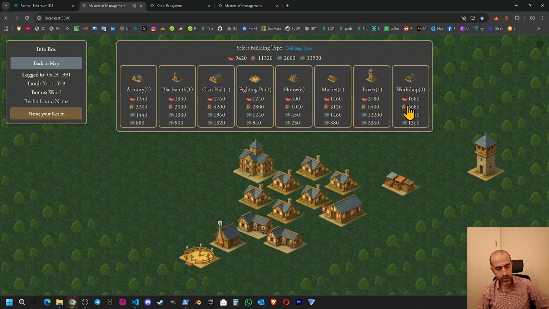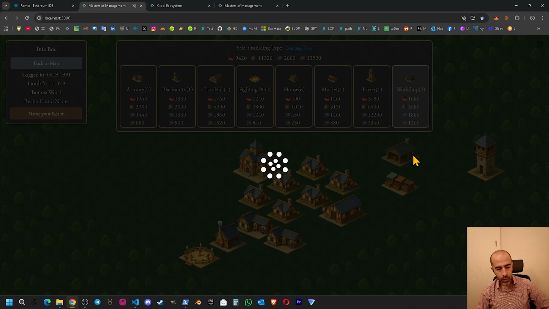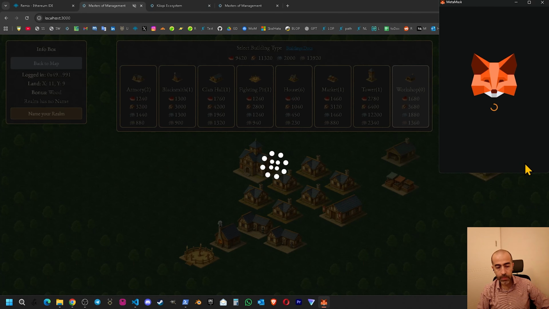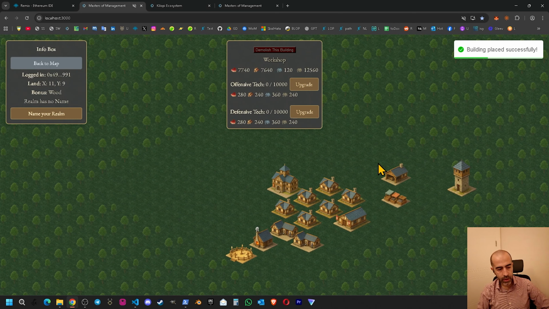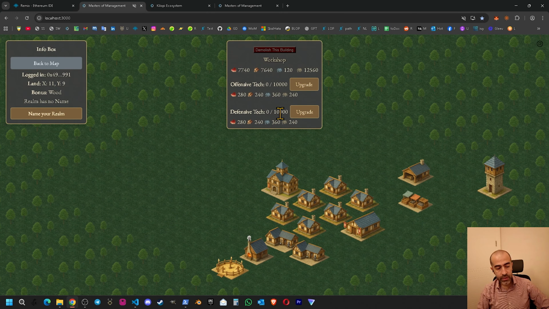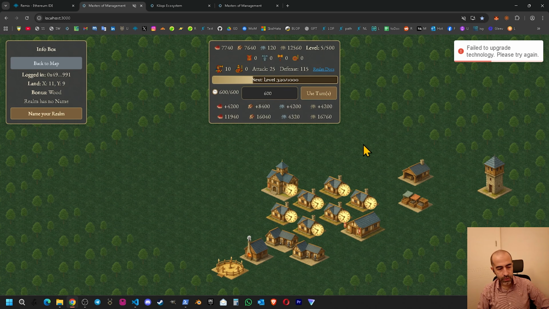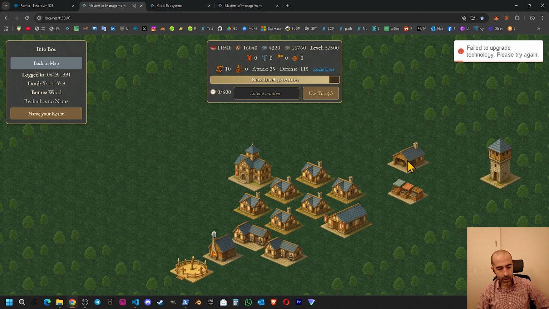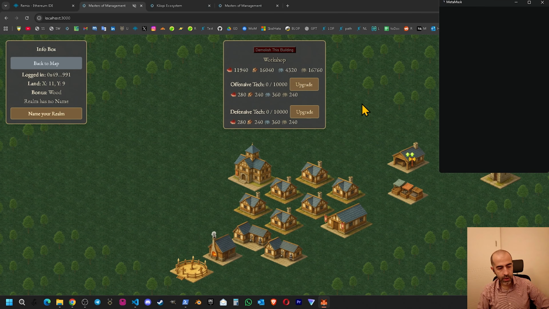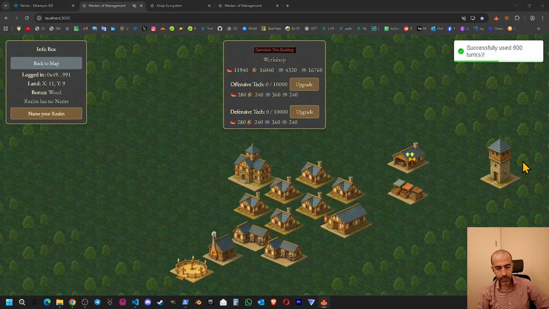So the next one, the last one, is workshop. Once we create workshop, we will be able to upgrade our offensive and defensive technology. I right click, as you can see, offensive technology and defensive technology up to 10,000. So if I click upgrade, I will make 1 transaction. I do not have enough resources again. Now if I right click and then if I click upgrade, then I will be able to upgrade my